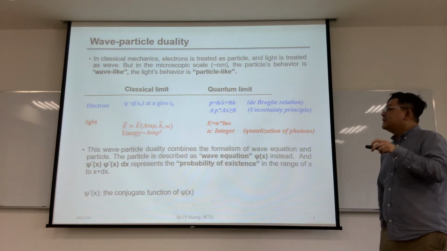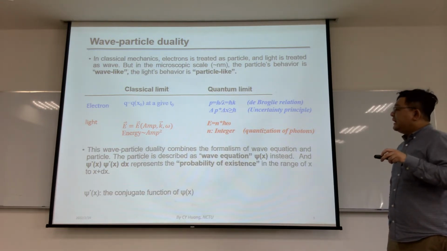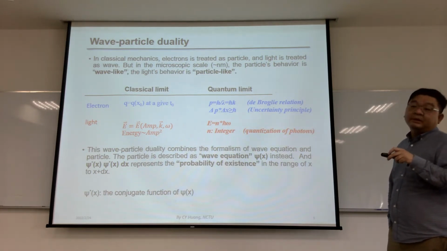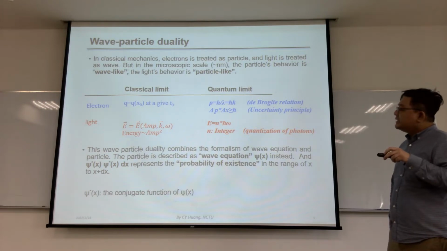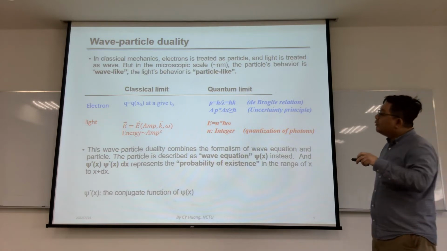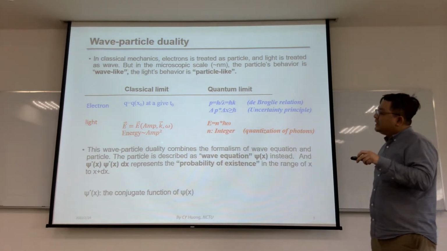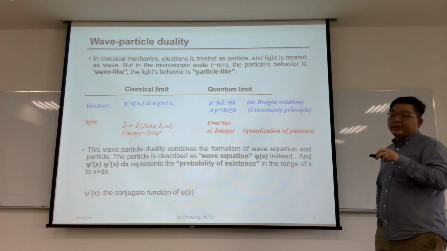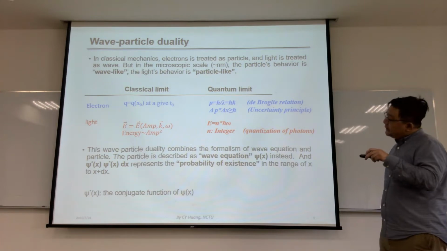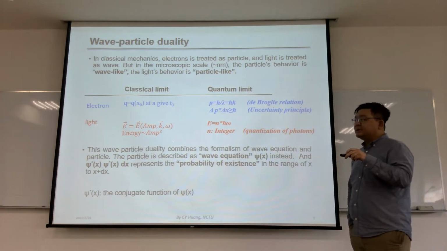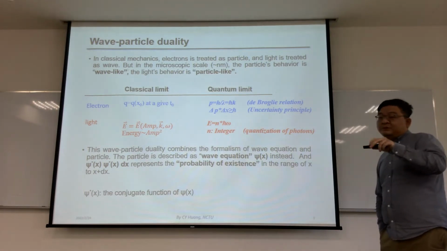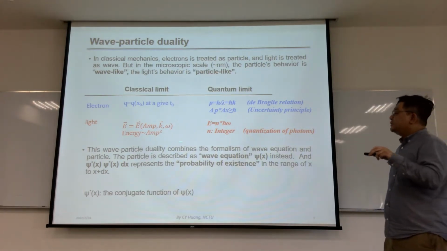And for the light, in the microscopic field, we always write the light as a field, probably in the cosine or sine way. So it has its amplitude, its wave vector, and its frequency. And then we always say that the energy is proportional to the square of its amplitude. But in the classical meaning, we think this is a continuous function. But if we go to a very small scale with very few energies,